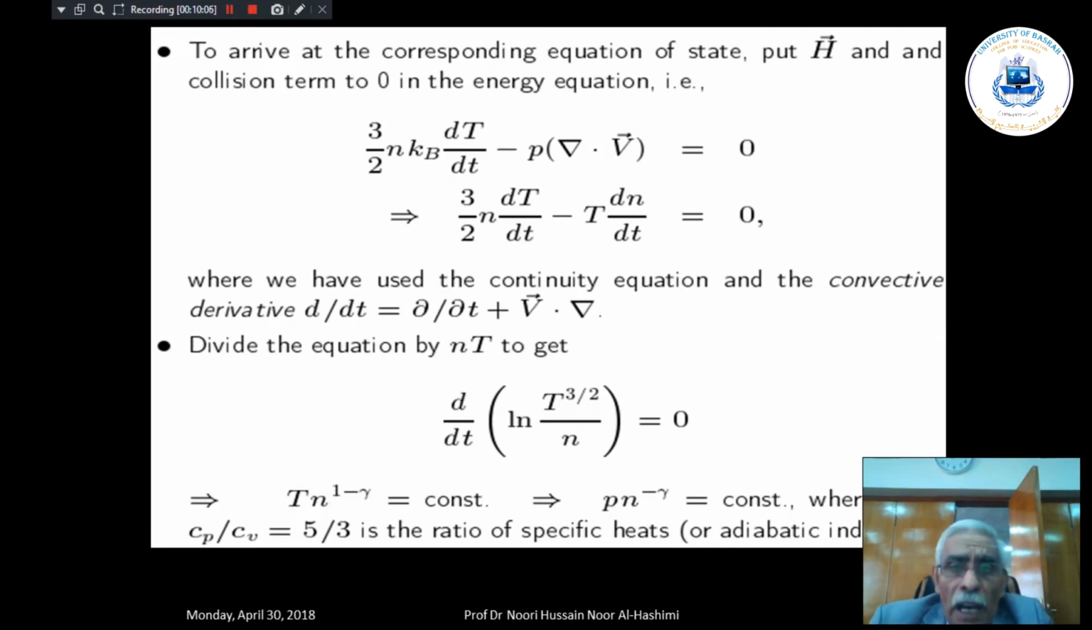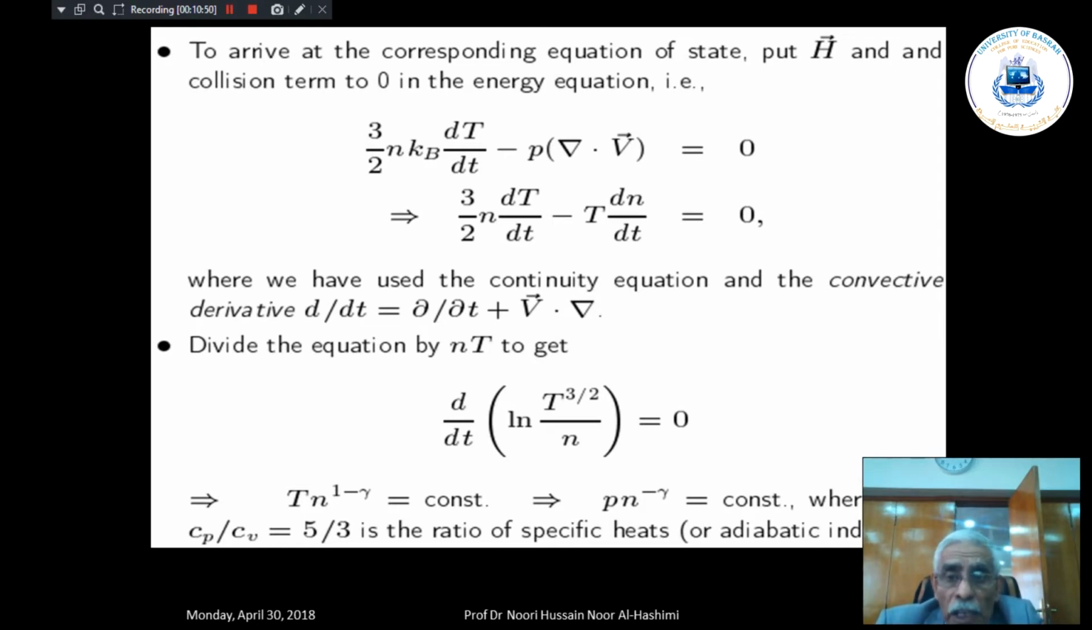To arrive at the corresponding equation of state, put H and the collision term to 0 in the energy equation. So the equation becomes 3/2 n k_B dT/dt minus p del dot v equals 0. This gives me 3/2 n dT/dt minus T dn/dt equals 0, where we have used the continuity